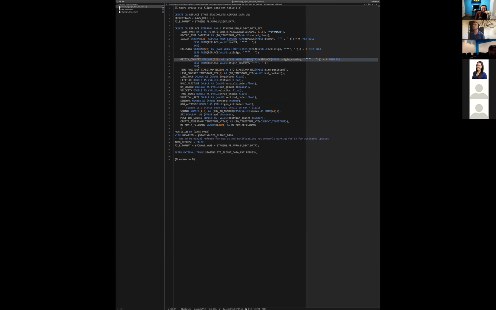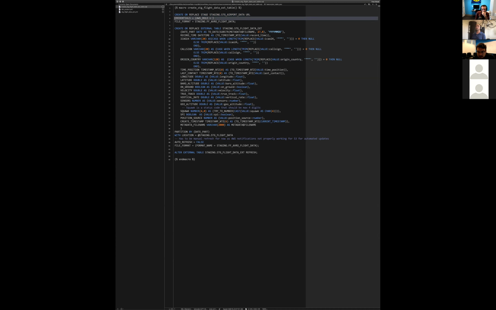Can everybody see this code here? So this is kind of janky right now. I have a lot of hard-coded references to schemas and other stuff that I need to figure out ways to parameterize out, right? But basically, this macro gets called as a pre-hook in my DBT project file,